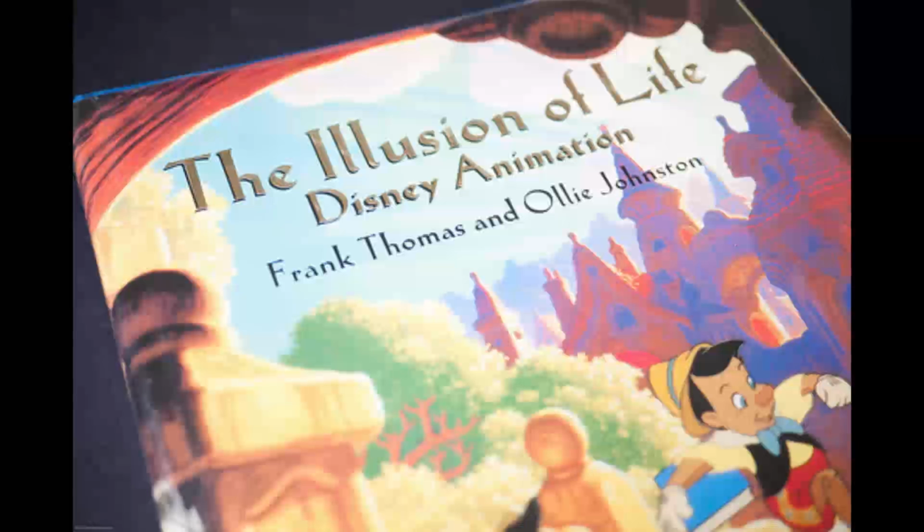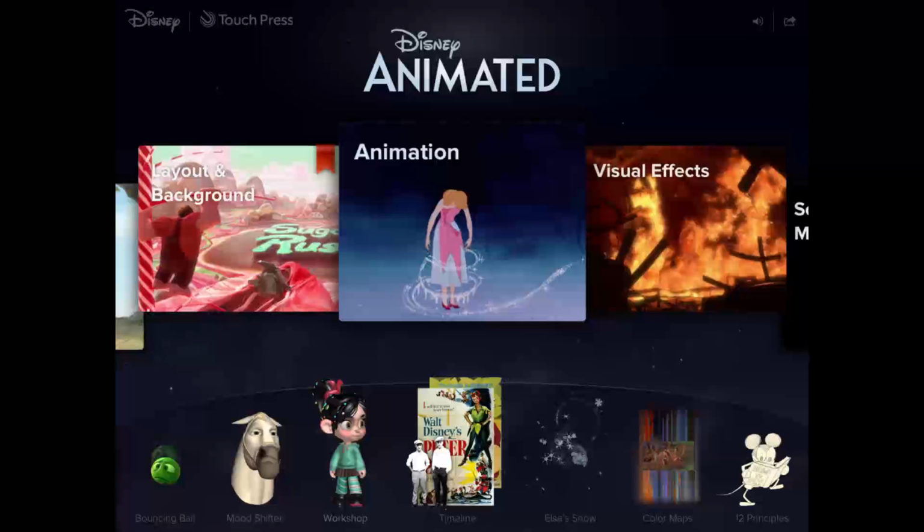The book is very expensive, and also today things have changed. Disney no longer does hand-drawn animation, and although as much as this book can seem outdated, it really isn't. Just because of its size and its price, it's very inaccessible to kids today. And so that's where the Disney Animated app comes in. As you heard during the presentation, this app is available for the Apple iPad, and it gives you an immersive experience into the world of Disney animation.